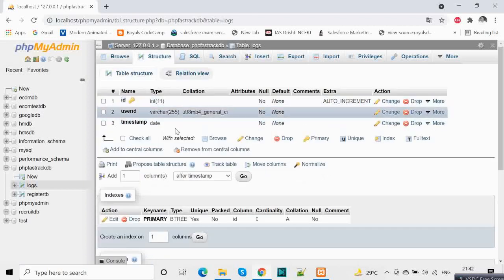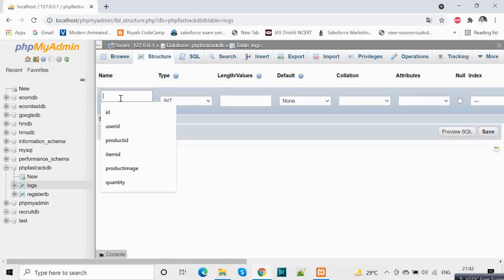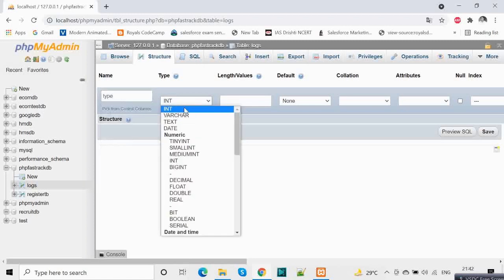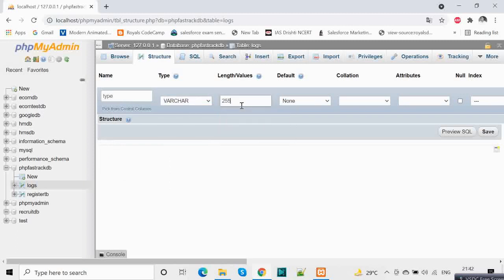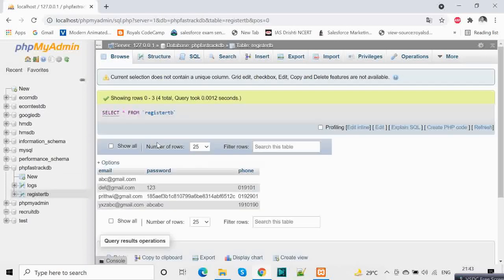Let's do one thing. In the structure, let's also add another column. This will be type, meaning what type of data manipulation happened. And this will also be varchar. Now let's go to our register TB